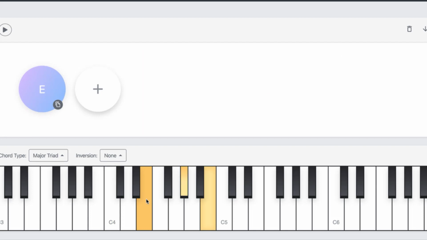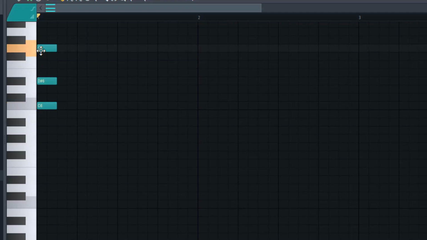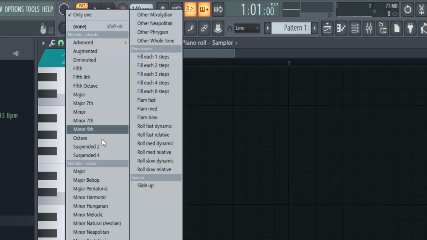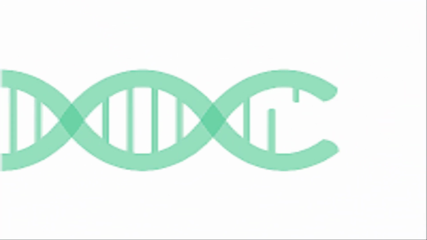The most basic form of a chord is called a triad. That's 3 notes: 1, 2, 3 notes played together simultaneously. When creating chord progressions, chords can fall into something called scales. The most basic scales are usually the major and minor scales. However, there are many other scales, but they're also derived from the major and minor scales with a unique sound